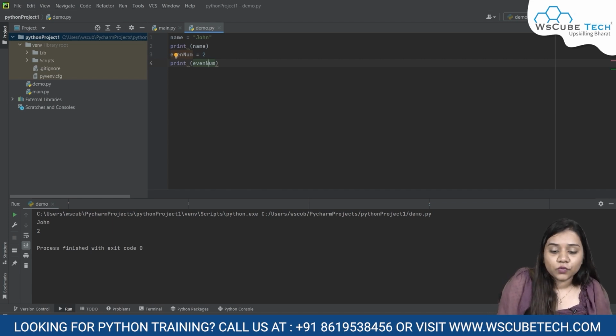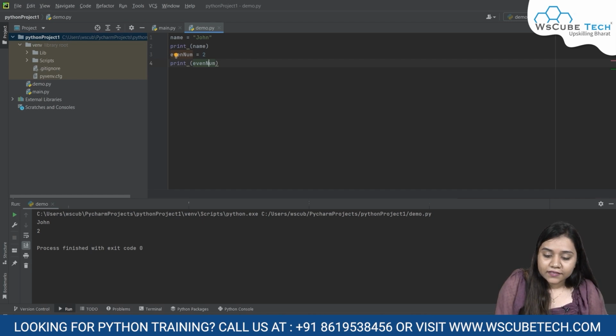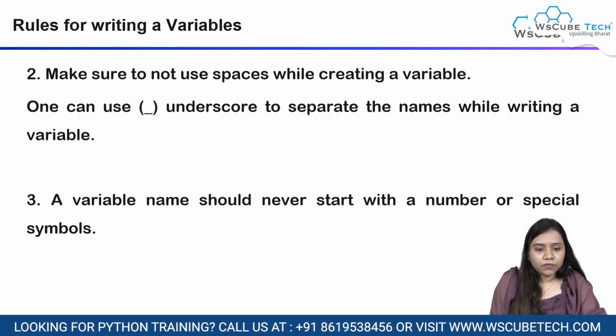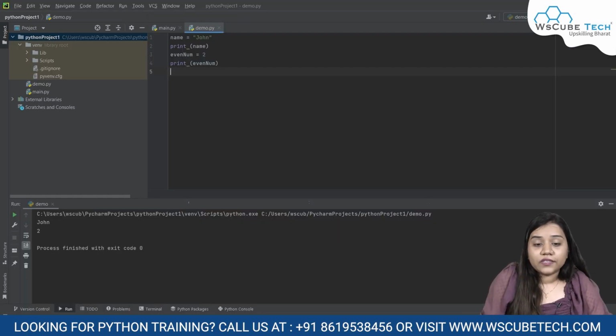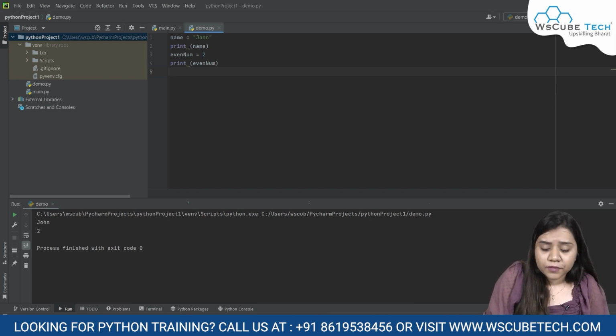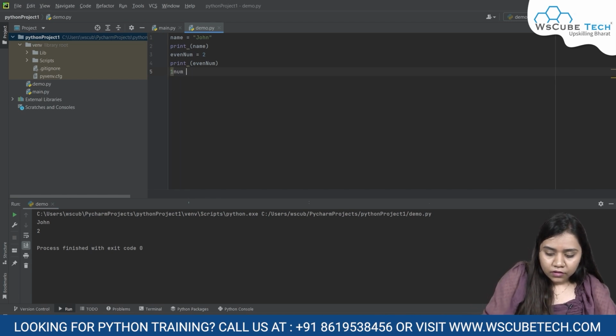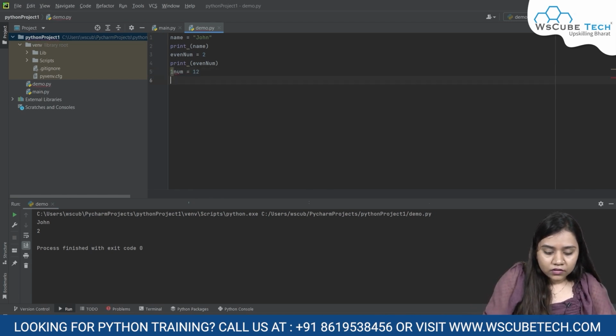Let's go to the third rule. Let's see what our third rule says. So our third rule says that a variable name should never start with a number or a special symbol. Now what does this mean? Let's see an example. Let's say I want to write 1 number is equal to 12, 2 number is equal to 13, and print 1 number,